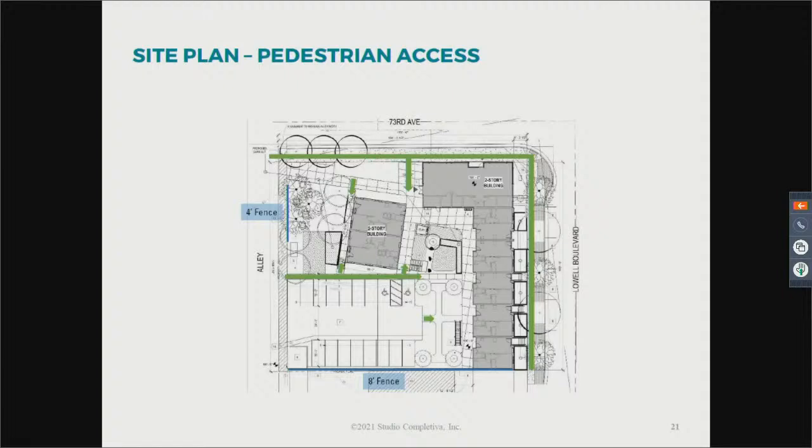I think it'll give a better street view and better curb appeal, and having the parking in the back makes more sense. Quite frankly, I think it's safer for the residents to have that separation from their front door and the alley. It's just crazy back there. That's my concern.